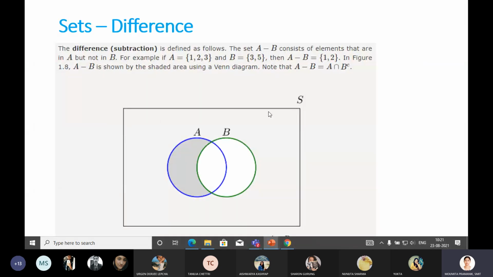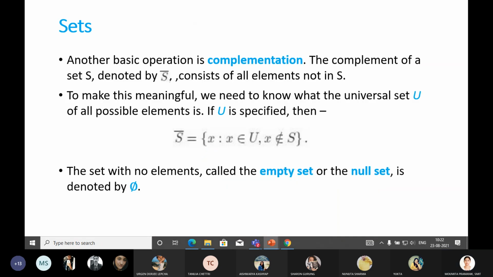So if you notice here, this is the set, no? If instead of S you think this is U, the universe, and this is only one set, then the complement of this A will be this part. Okay, this one part, this part. Get that? Is this clear up to this, student?